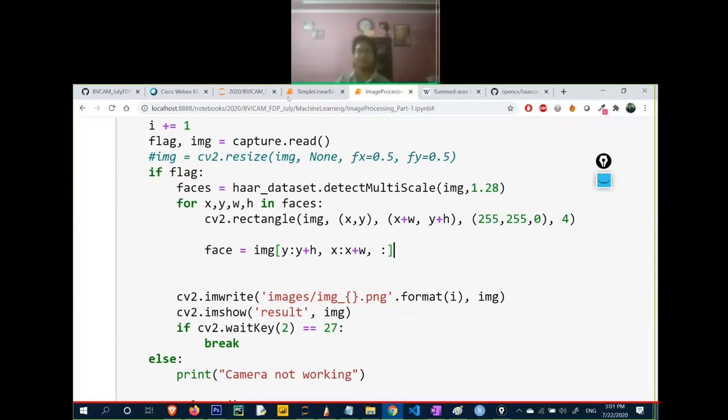Can you guys tell me how it is working? How will it be able to fetch the face from the image? What is the meaning of this particular line that I have written?